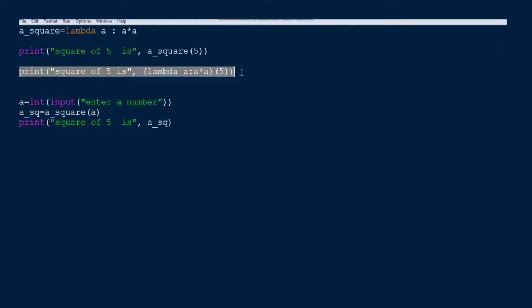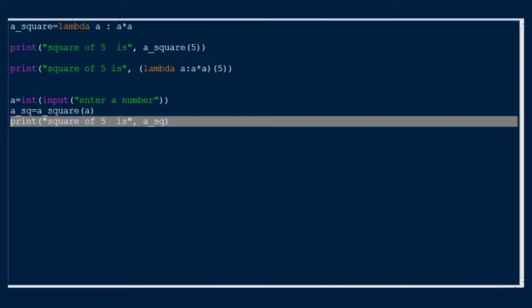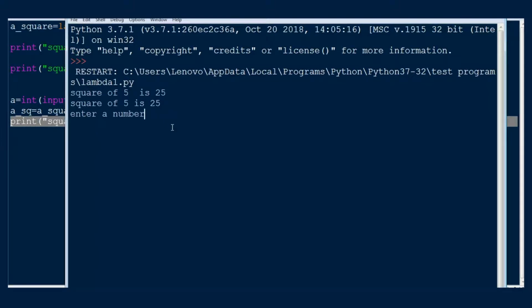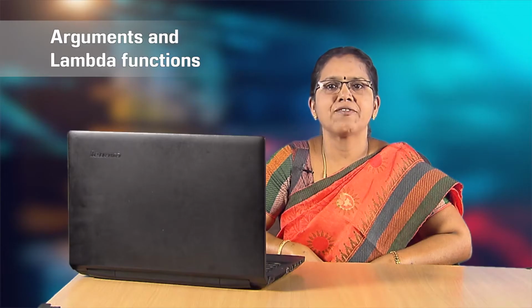Next, the value returned by the lambda function is assigned to a variable and that variable is printed. See the output of this script on the screen. So, we have multiple ways for defining and using lambda functions.